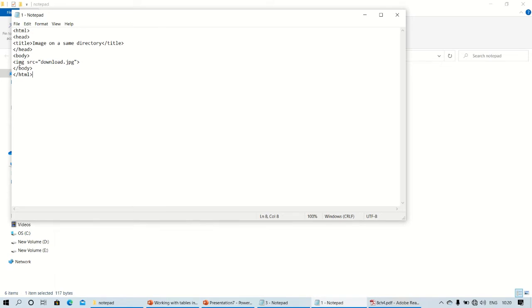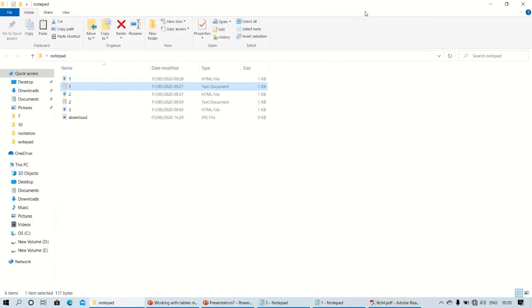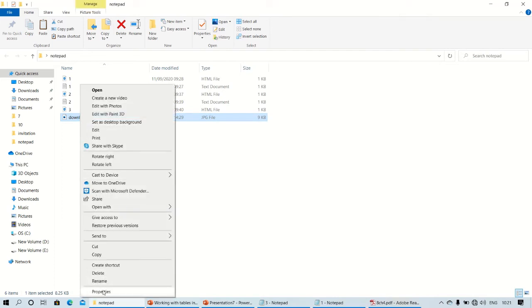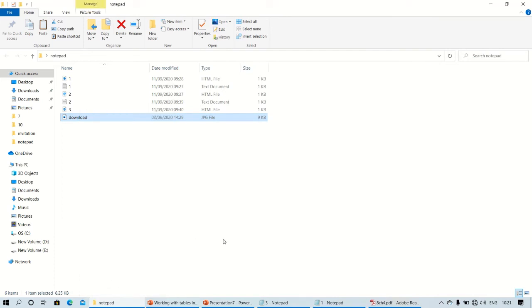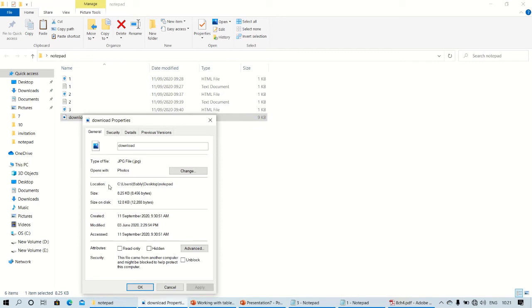Then the body section is started, and then I have inserted image src. Since I am using an image in the same directory, that's why I have copied that particular image into the same directory where I am storing this file. From where you can find it, as I was saying, just right click it and go to the property section. Under the property section you will find the location is available.